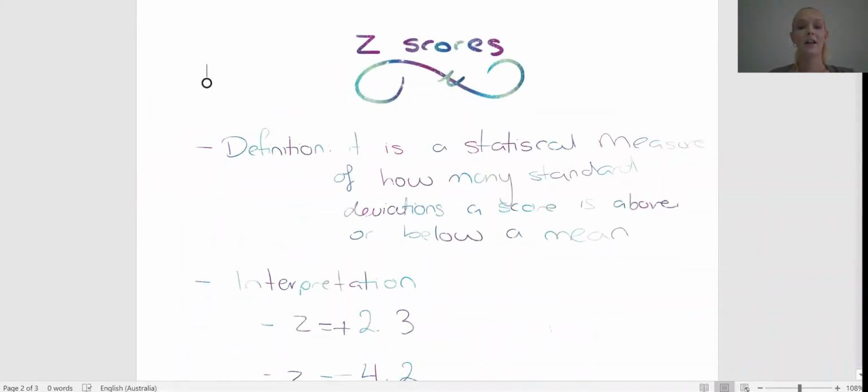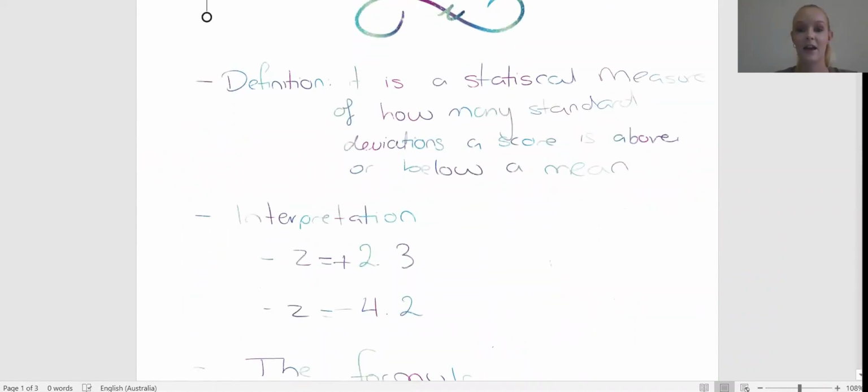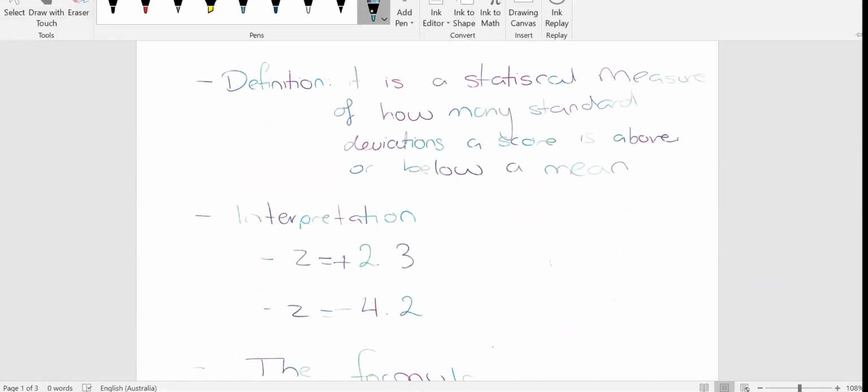The correct definition for a Z-score, according to NESA, is that it is a statistical measure of how many standard deviations a score is above or below the mean. So let's break that down and understand what that means. It means that if we have a set of normally distributed data, if I draw you a normally distributed data curve,